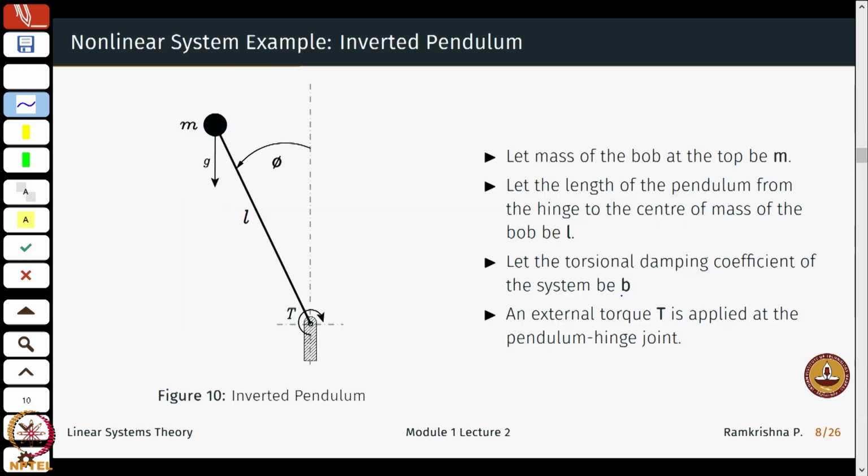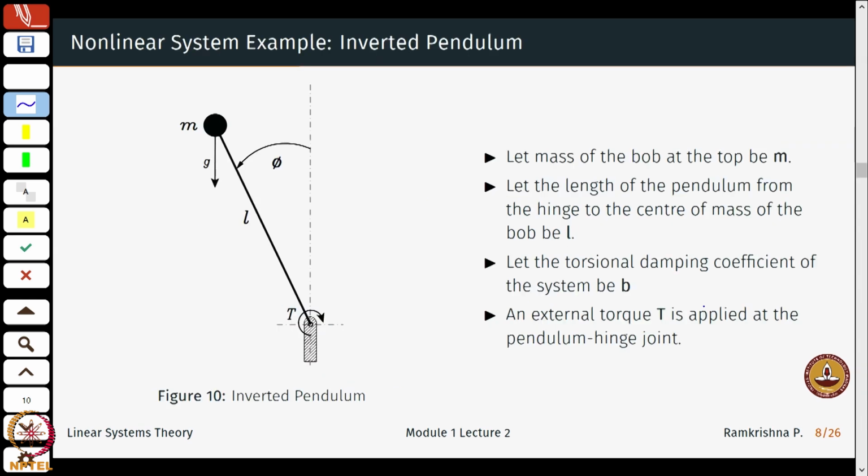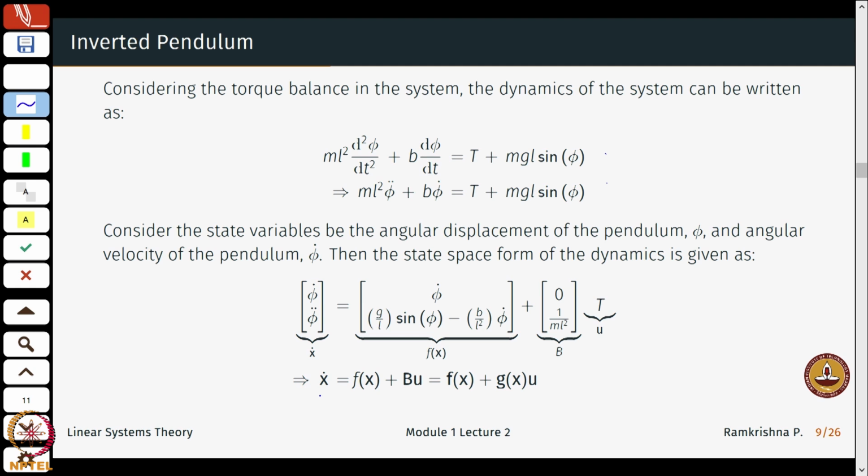Things change when I just invert the pendulum. It's also called the inverted pendulum. Everything else remains the same: I have the mass, the length L, the acceleration due to gravity and so on. I write down the equations for the system same as before. My theta and theta dot, or phi and phi dot, are as usual the states of the system. I again have a nonlinear system with a drift term and the input term. The input term is just a constant here, which more generally takes the form g times x.